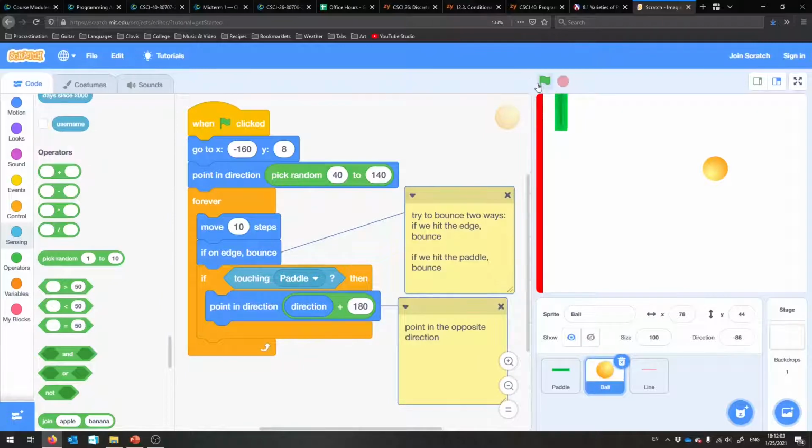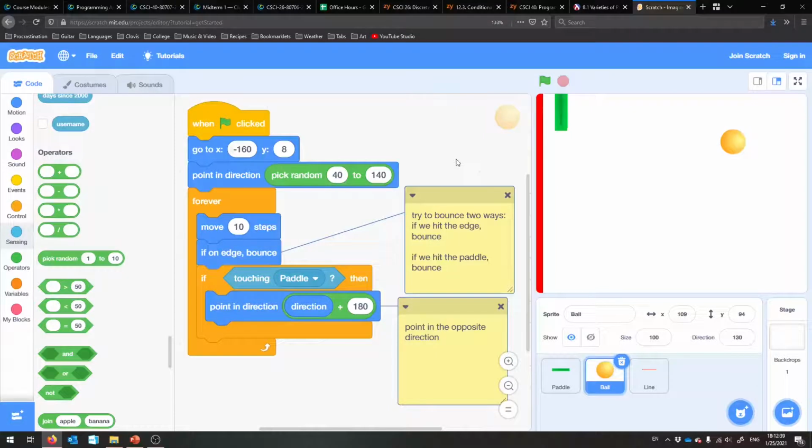So let me show you this working. Or maybe there's a bug and we'll fix it. I'm going to put the paddle next to it. Bam, it bounces off. Isn't that nice? So it notices that it's touching the paddle, and it points in the direction opposite to whatever its current direction is, plus 180. And you can watch it change down here at the bottom if you'd like. Whee! So that's fun. It's always different each time because it bounces off in a new random direction. Doesn't like to bounce up now, does it? There it goes. So it's always a new game,